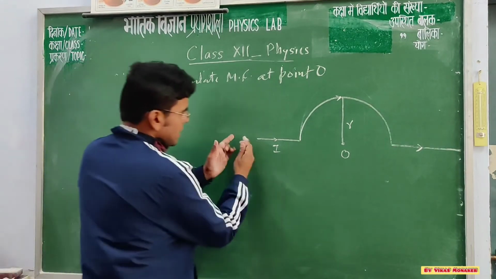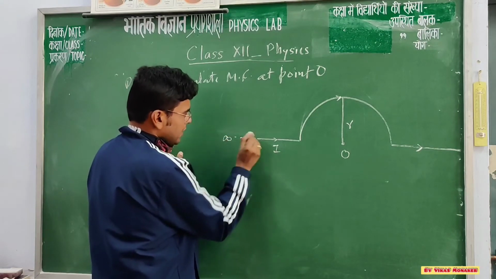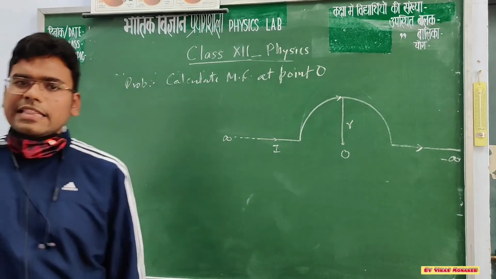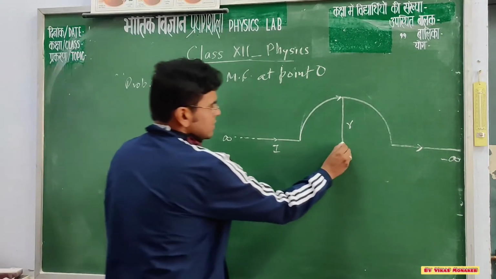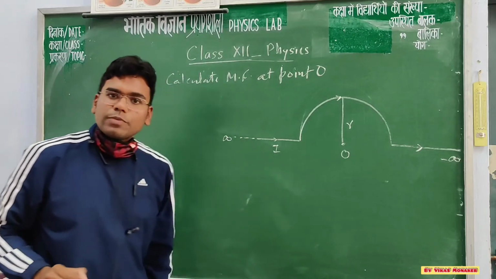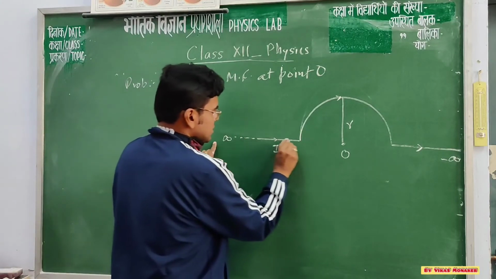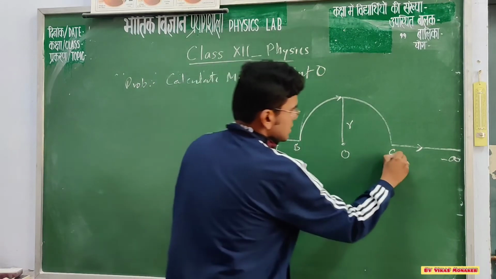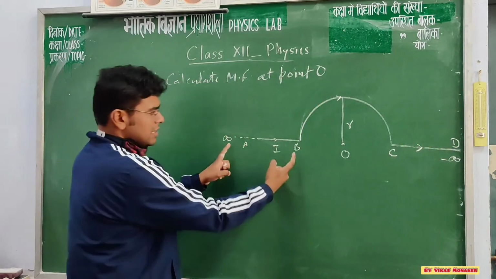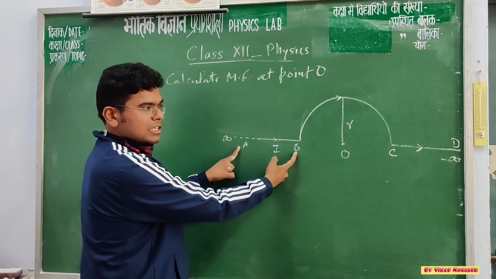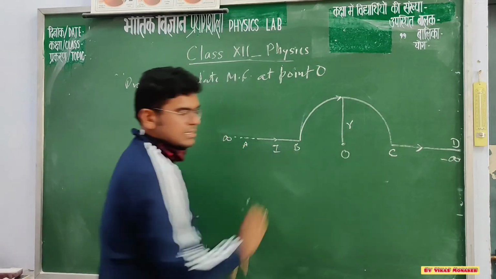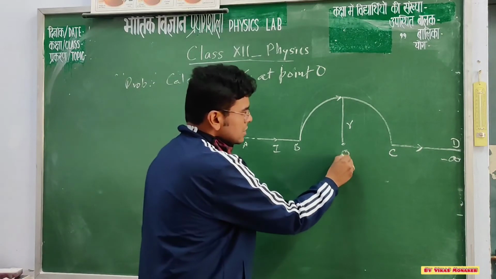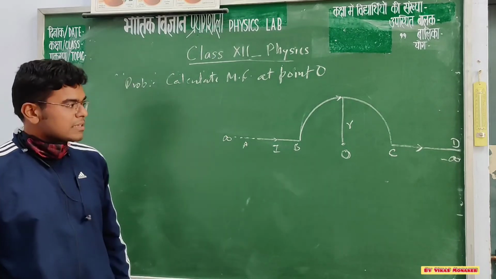Now if you see this wire, suppose it is coming from infinity and going to infinity. No matter whether the wire is of finite or infinite length, the point of observation where the magnetic field is to be calculated is lying on the axis. If I label the points A, B, C, D, then through AB current is passing. This point is lying on the axis, so the magnetic field due to it will be 0.